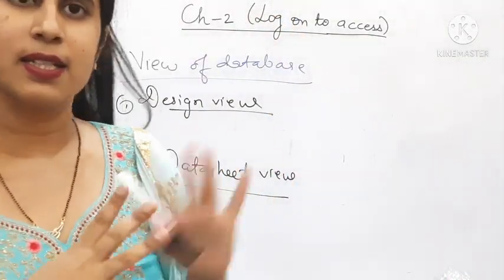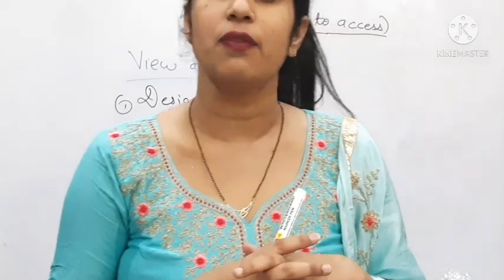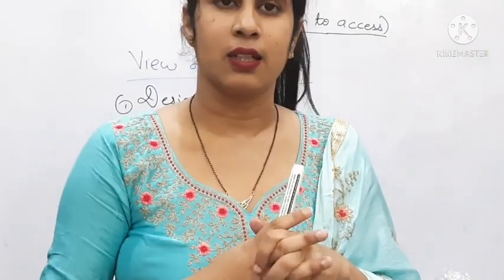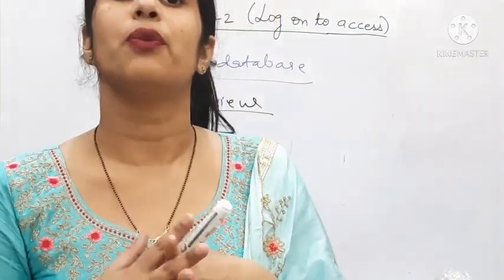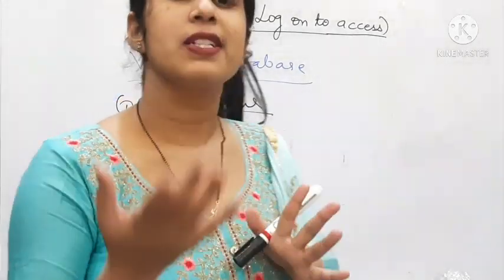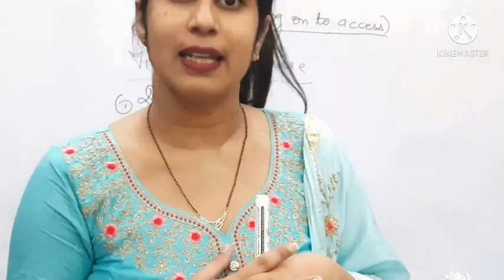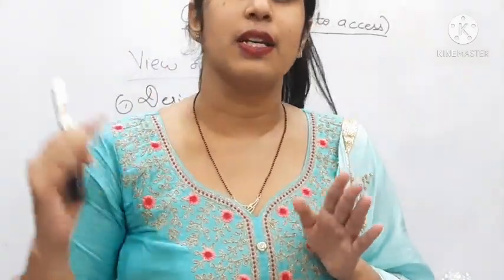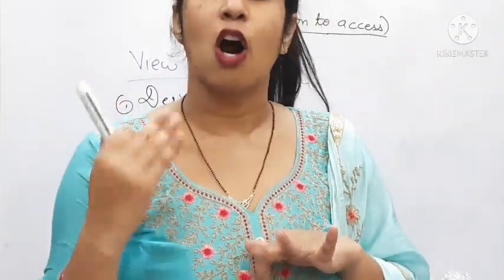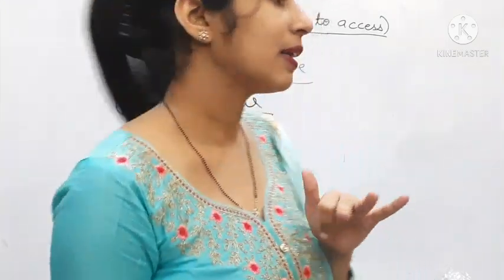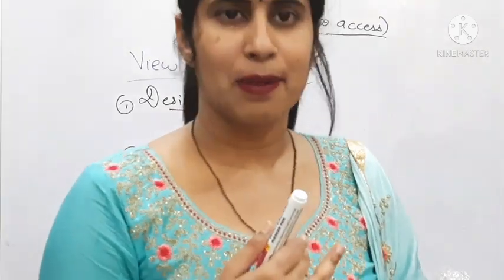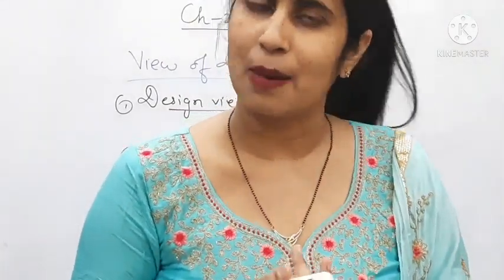Now, what happens in the design view and what happens in the data sheet view? As the name indicates, I am discussing the first one. It is design view. So in the design view, we keep the designing. Normally all the designing of the database we do in the design view. Which kind of designing is it doing? It is going to mention the field names, what should be the field name, how many fields I am taking, how many labels I am doing. So this is done by the design view. Design view is used to add the field names there. Okay, how many field names I am adding there.